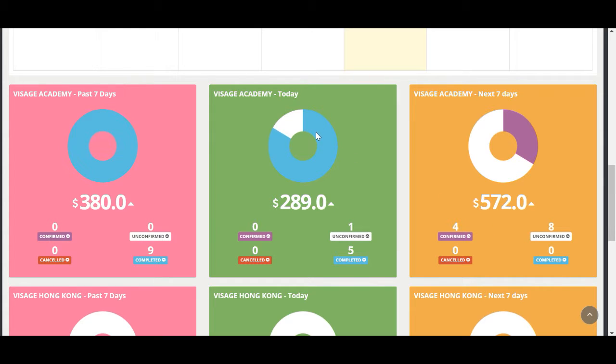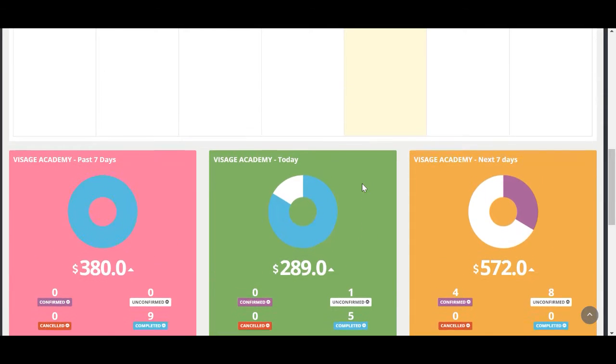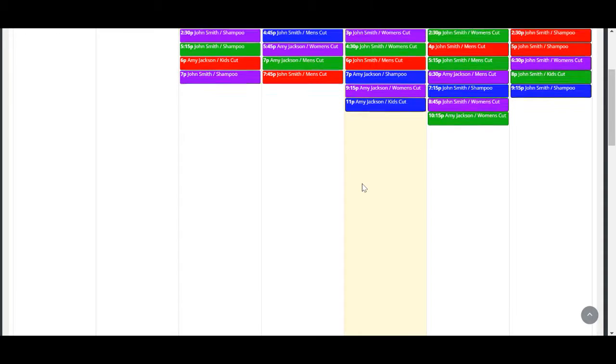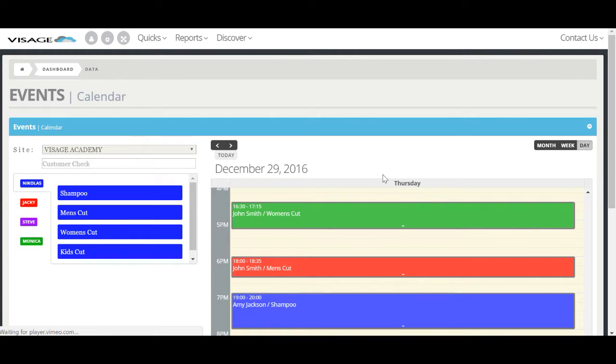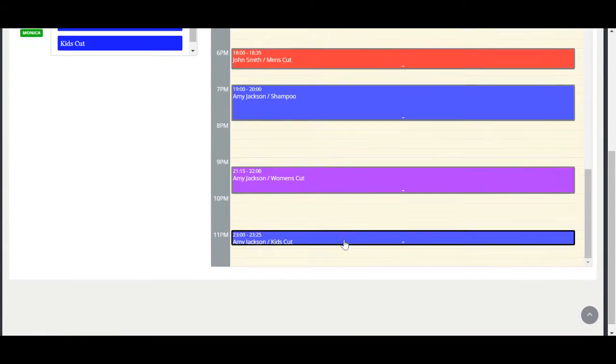So we see here we have 1 appointment left for today. The other 5 have been completed, and the value of those appointments is shown here. So you can see how instantly this information is updated. If we click on today's date, we are taken to our appointment settings, appointment page, sorry,